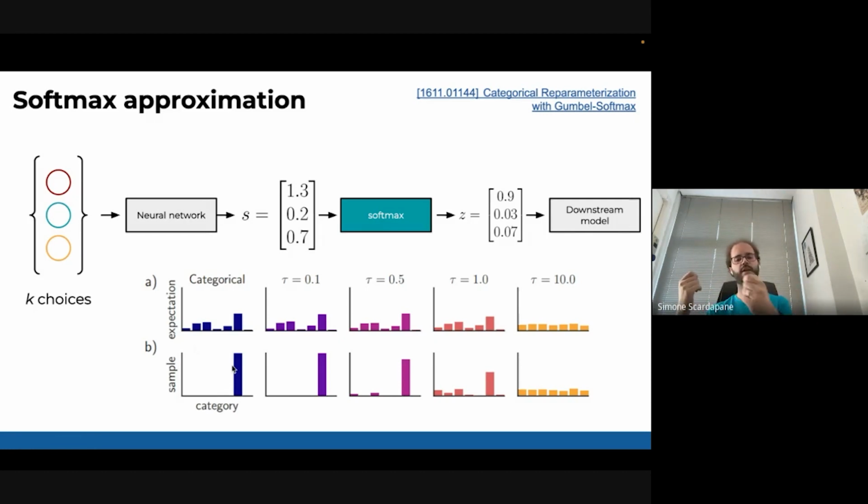So that's what we want, let's say. And we have this parameter, and typically we can vary it a little bit during training. The gradient is easier with high temperature, but the relaxation is better with low temperature. So we have our neural network, it gives us some scores, and we can pass it through a softmax, and we get a kind of one-hot vector. But we have not really solved the problem, we almost solved it, because this vector is not really discrete, but it's very similar to the vector we wanted to obtain.